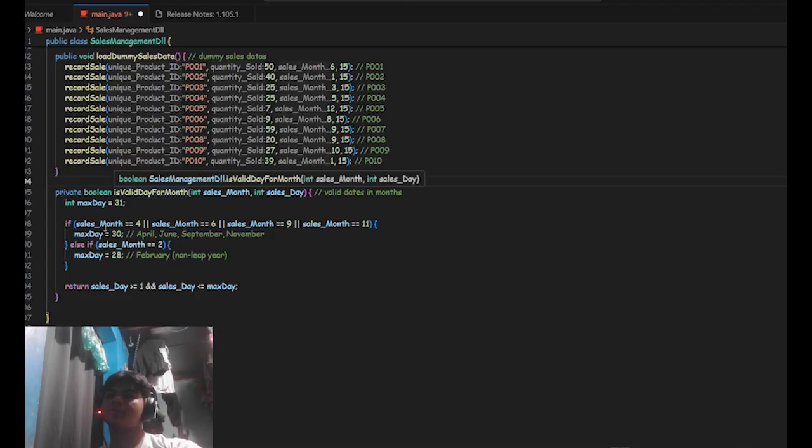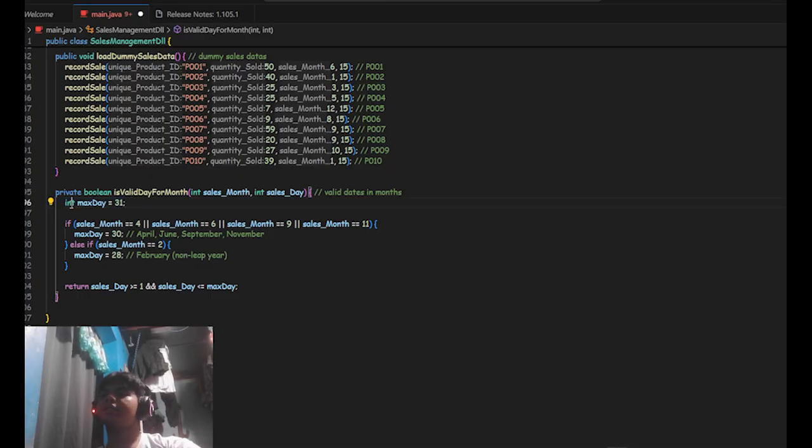And in the last function we create a private function, and it is a boolean, so it will return either true or false. Inside this boolean function, there are parameters, the integer sales month and sales day. This validates the dates in months. First we create a variable that sets the max day in a month.